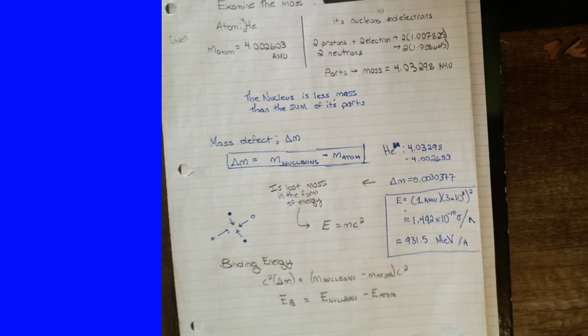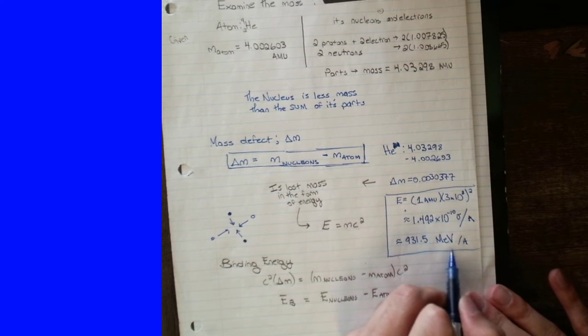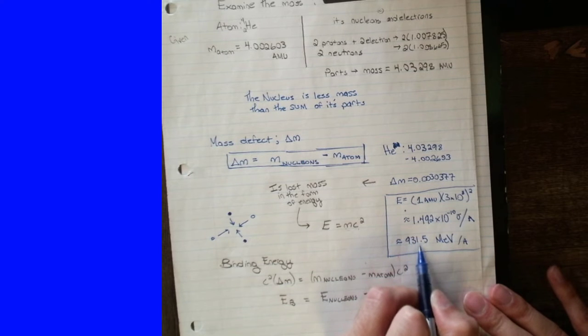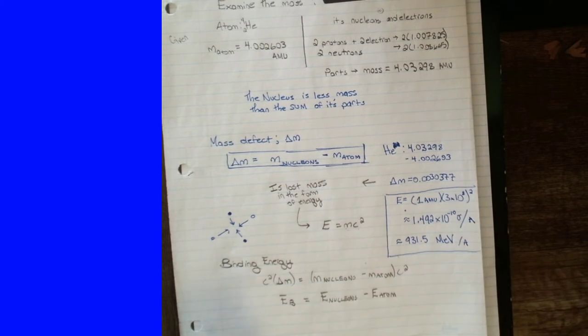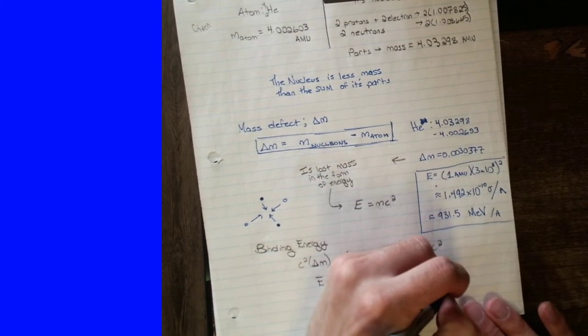So for 1 nucleon, per 1 atomic mass unit, I get about 931.5 mega electron volts. For helium, the binding energy of helium